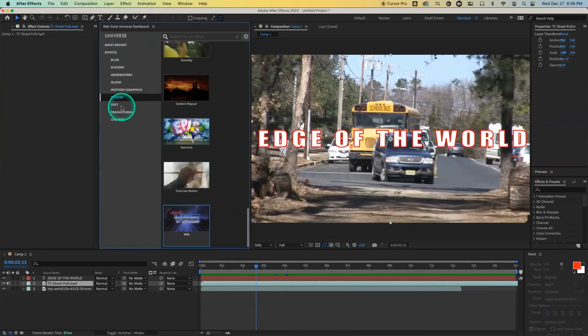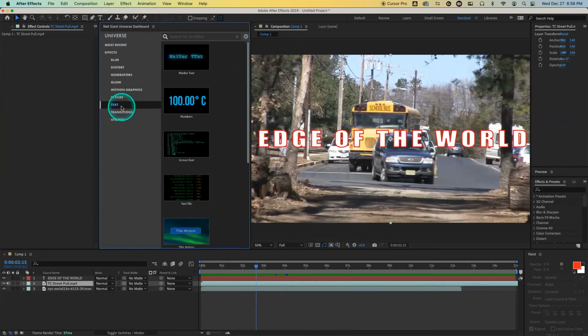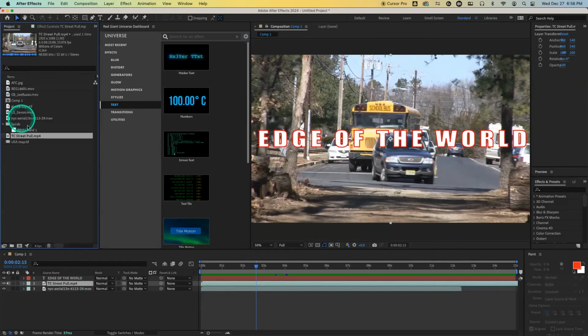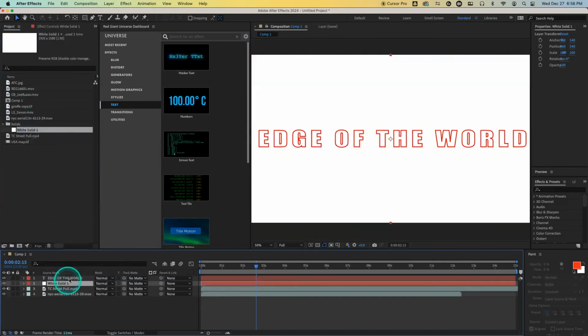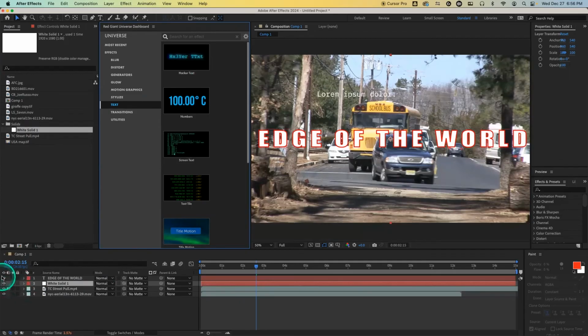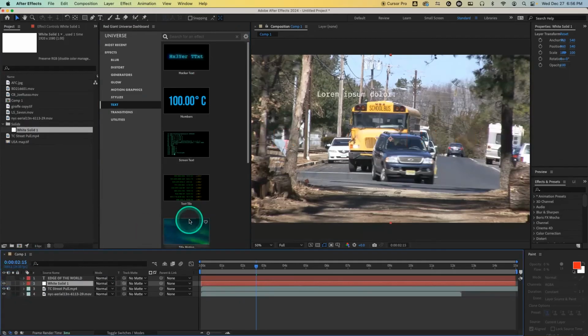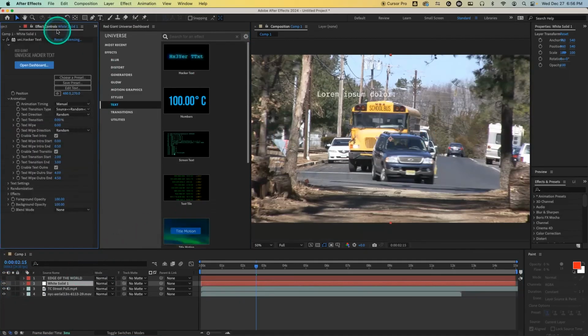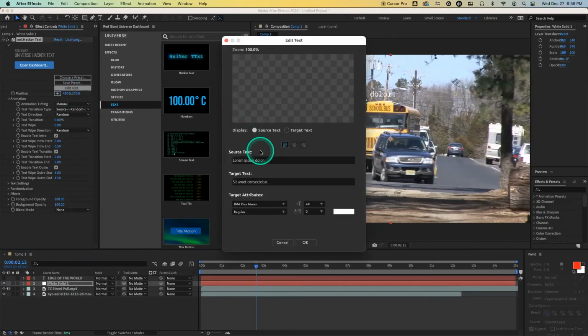Lastly, we'll go here into the text controls, and we'll do the transition controls. So really quickly, hacker text. You want to make some hacker text? Here, cool. We'll take maybe a white solid, and put this in white solid here. We'll go here and add some hacker text in here. We'll turn off the edge. So we have some hacker text, and in the hacker text controls, you have this edit the text. So the source text is going to say